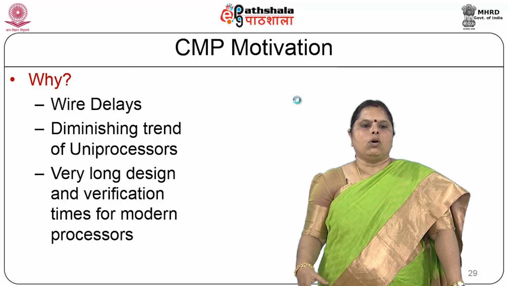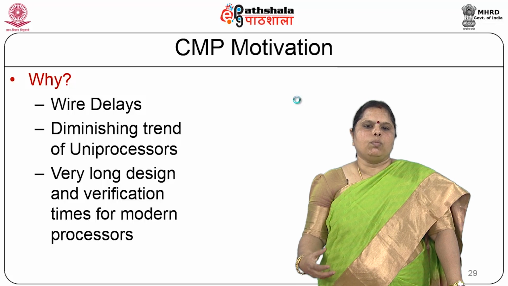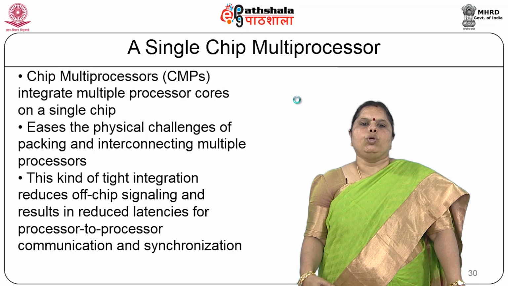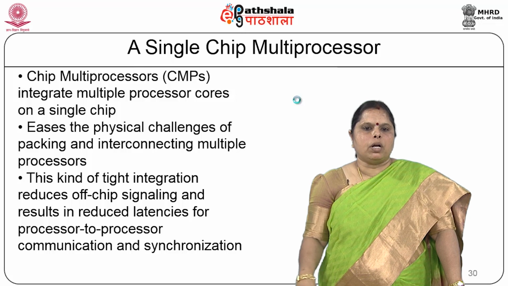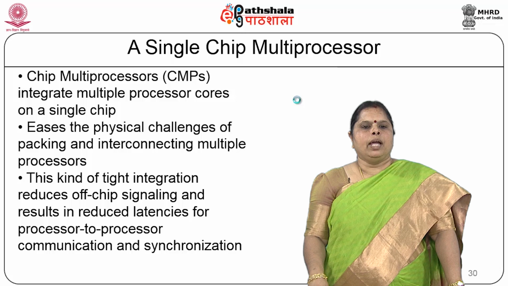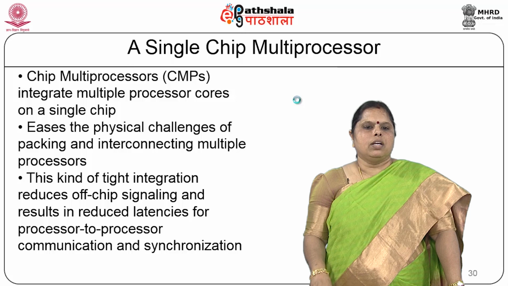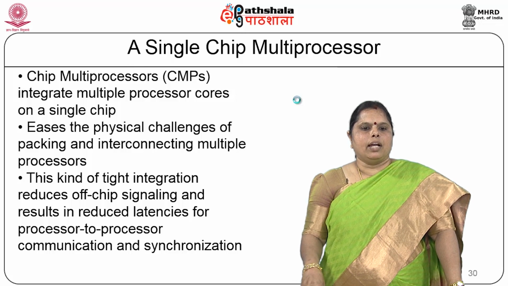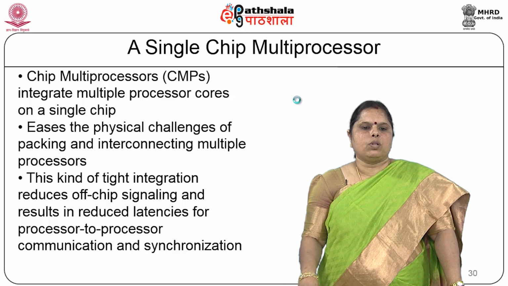So, you will have to look at other alternatives where you are trying to look at replicating the same core multiple times. And if you look at designing more and more powerful processors, it takes very long design and verification times. So, you look at what is called a single chip multiprocessor. A single chip multiprocessor integrates multiple processor cores on a single chip. It eases the physical challenges of packaging and interconnecting multiple processors. This kind of tight integration reduces the off-chip signaling and results in reduced latencies associated with processor to processor communication